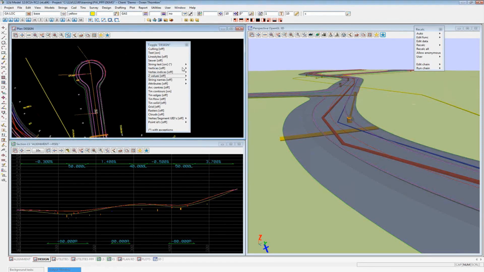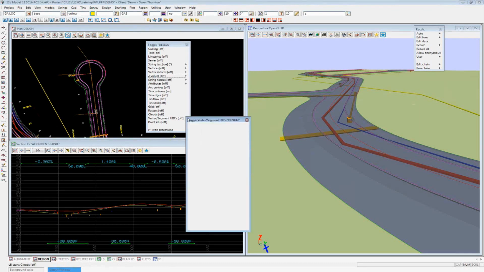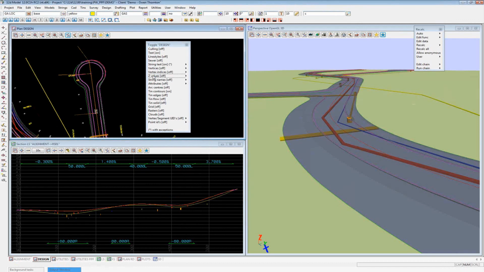But if you hover right on the little black arrow there on any one of these options for toggling things on and off, you can do it on a model by model basis. So if I just wanted to toggle the vertices on my sewer model, for instance, you'll see that it has two columns. It's got the model name on the right and the state column, and there are 3 states. And the trick here, it's not immediately obvious. You need to right-click on where it says View there. And when it says View, that means it's using the default view setting that we set at this level here